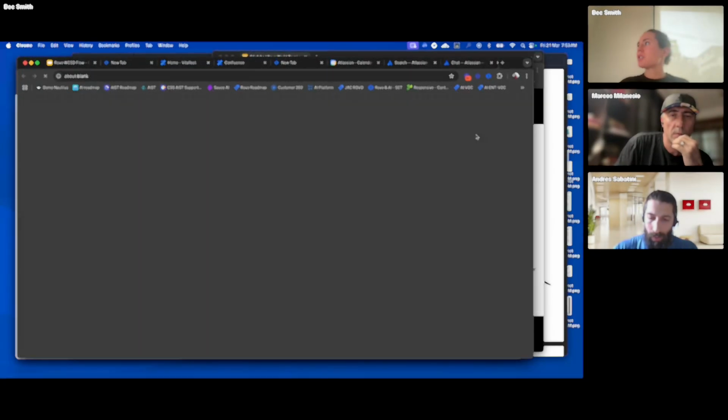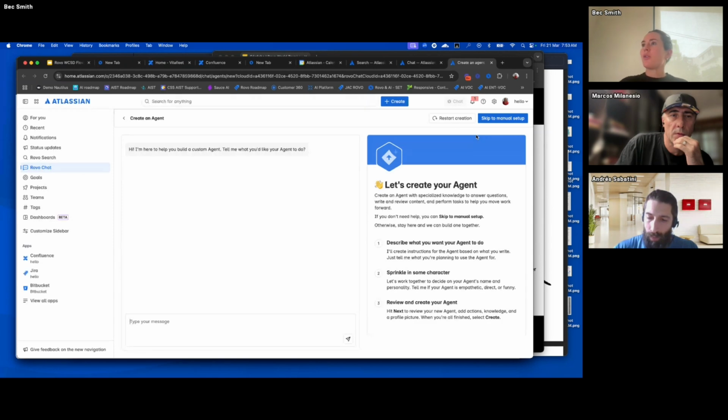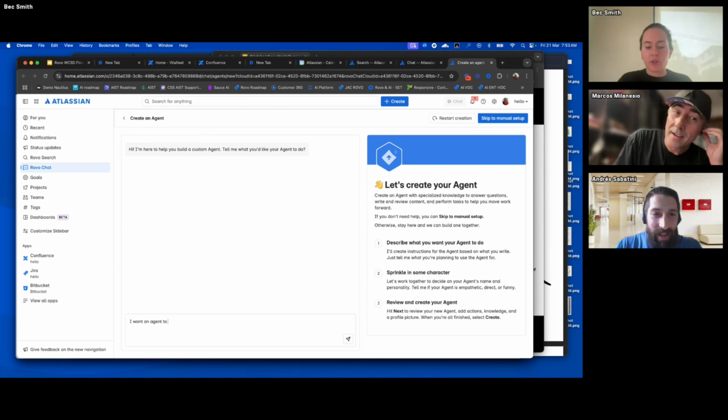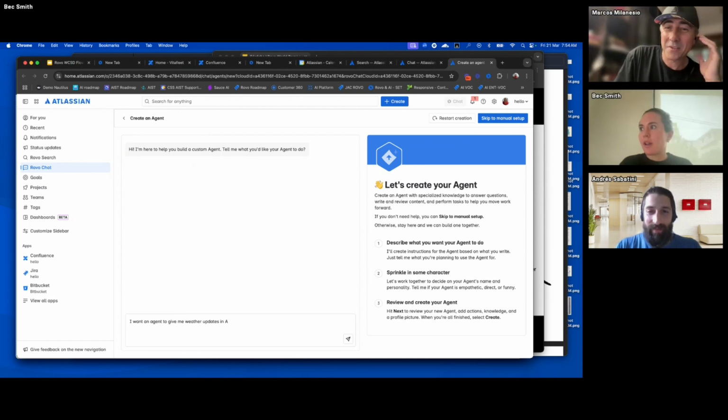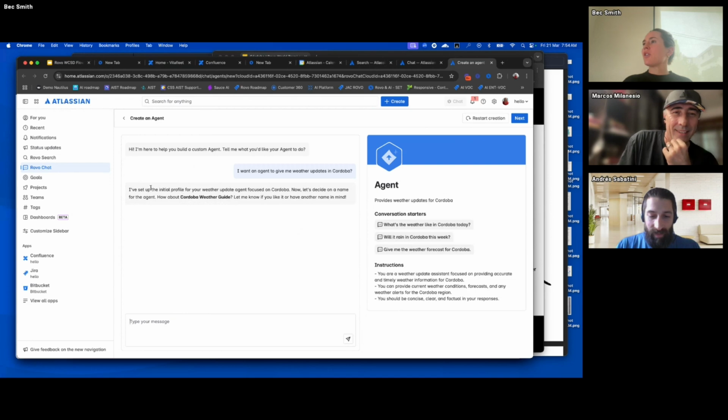So I'll also just go into what it looks like to create an agent as well, right? When you want to create an agent, you can basically tell your agent what you would like it to do. Okay, I want an agent to give me weather updates in Córdoba, Argentina, specifically. So now you can see, and this is the configuration of an agent that we are all building right now,